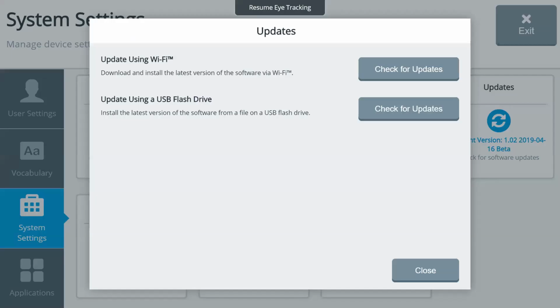The updates, this is where you're going to check for software updates. And again, if you have a